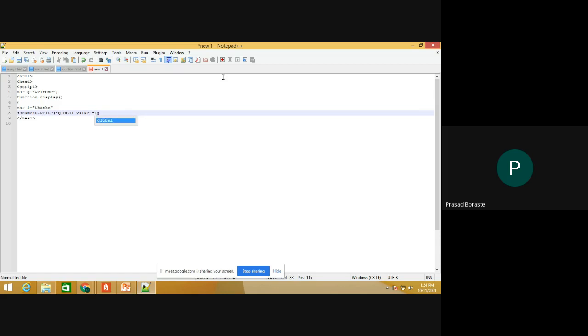We have declared the global variable as g, semicolon. Document.write local value, the local variable. We have given it as L.